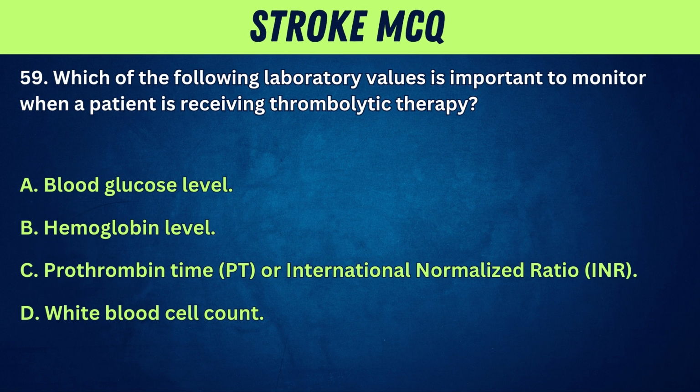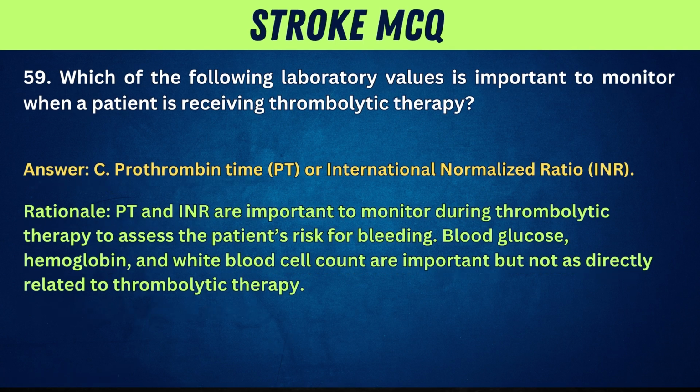59. Which of the following laboratory values is important to monitor when a patient is receiving thrombolytic therapy? A. Blood glucose level. B. Hemoglobin level. C. Prothrombin time, PT, or International Normalized Ratio, INR. D. White blood cell count. Answer: C. Prothrombin time, PT, or International Normalized Ratio, INR. Rationale: